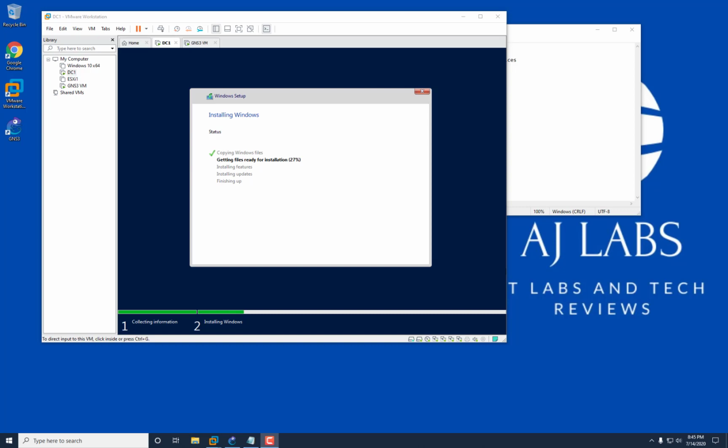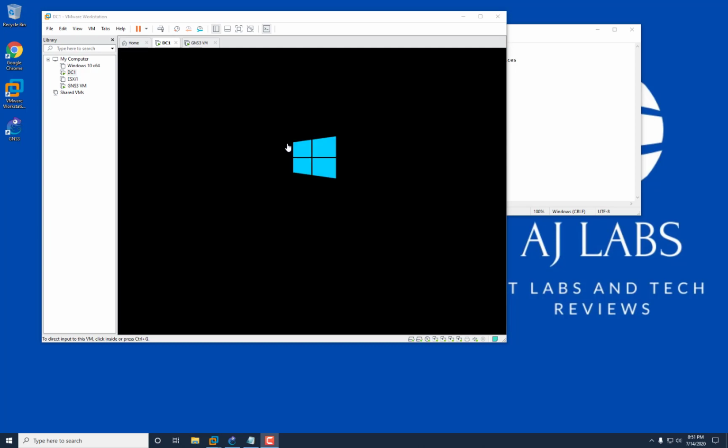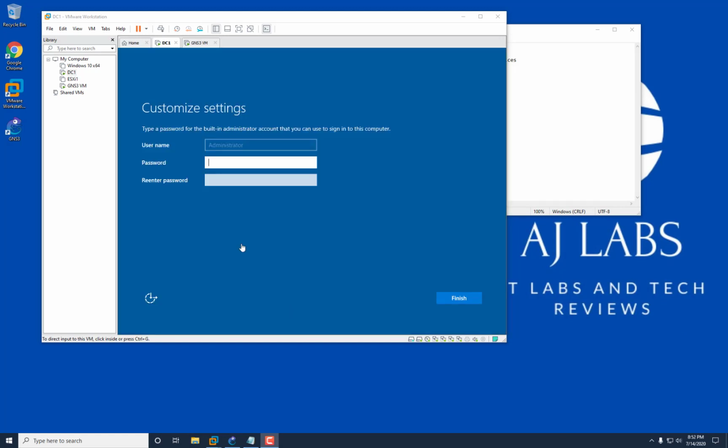Once it's completed, then we'll go into the setting up and configuration of the actual server itself. So once the installation is finished, the server will reboot. Just let the reboot process finish, and then it should take us through to the setup wizard. Okay, so here we are. It's taken us to the setup page of the administrator account. So just create yourself a password. Just going to create my admin password, and then just click on finish,